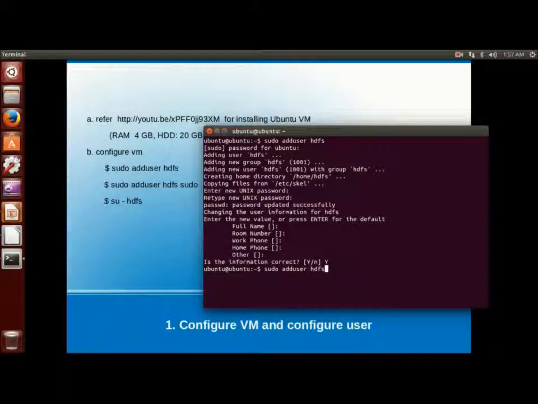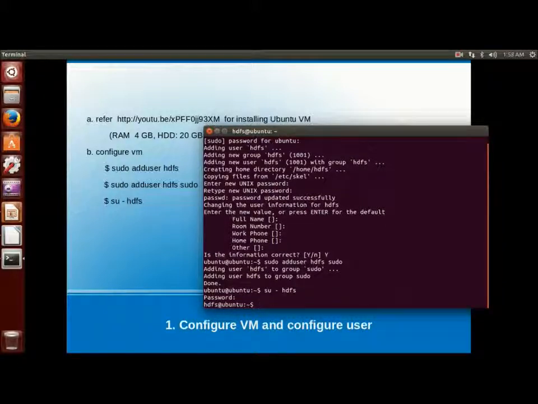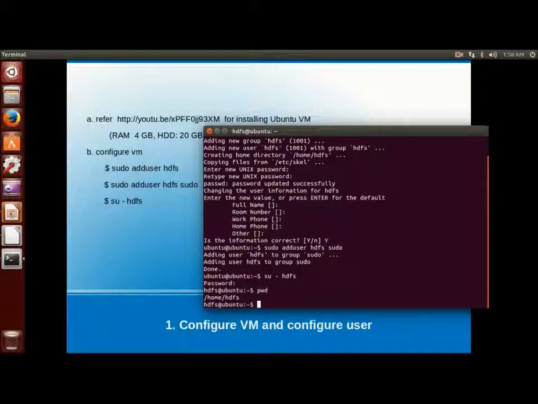Then add user HDFS to sudo group, so that HDFS user can use sudo operations. Change the user to HDFS.